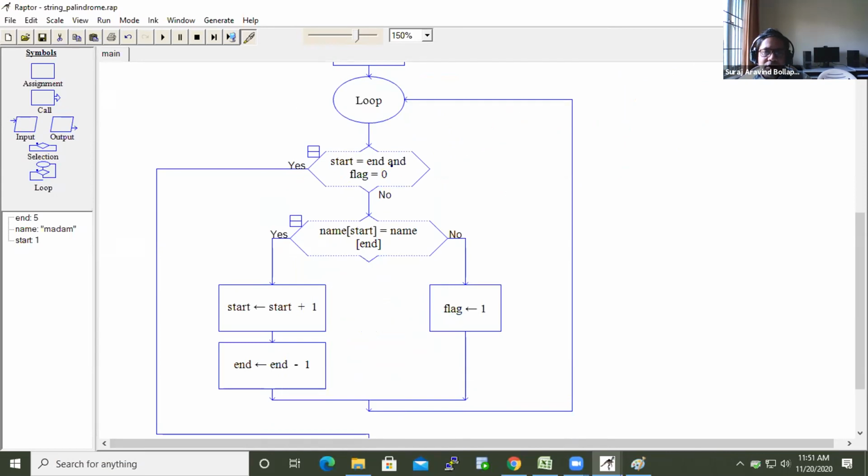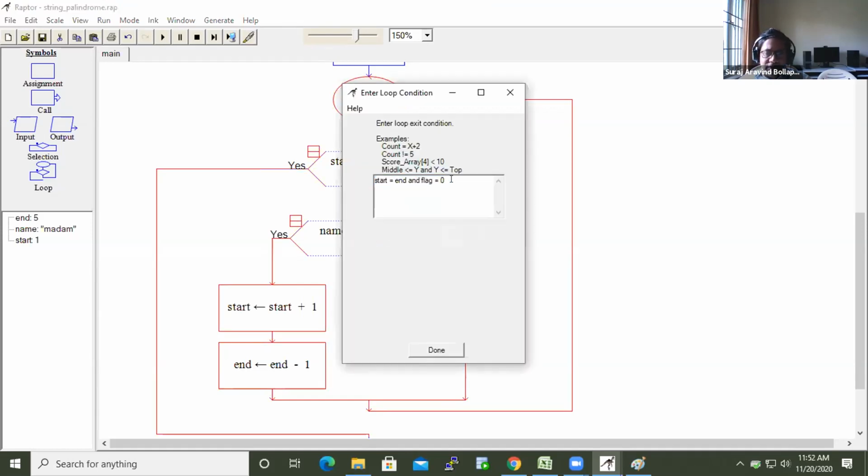If I put and here, maybe one more if condition. Okay, let us. If that doesn't work, let me put one more if condition before going there.